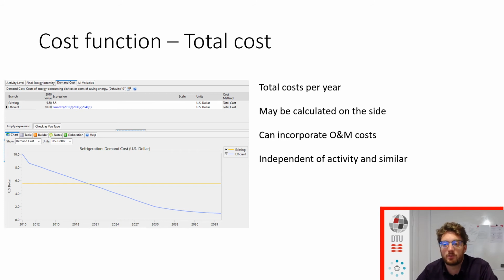Then here we have total cost. It is just the total cost per year. So we can just say, hey, no matter anything else, our cost in 2020 will be a certain number, while in 2040 it will be a certain other number. And we can just put in no matter what happens in terms of energy. That is also pretty good for maybe inputting other indicators. For instance, the total cost of